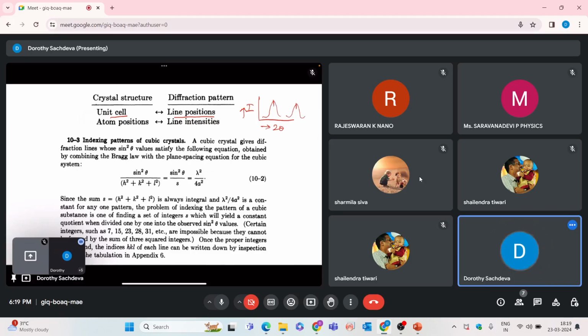Like, which position the atom is present at will depend upon the intensity, and intensity is given by your y-axis. So if the peak has higher intensity or lower intensity, it also means that your atom positions could be different in different cases. So basically,